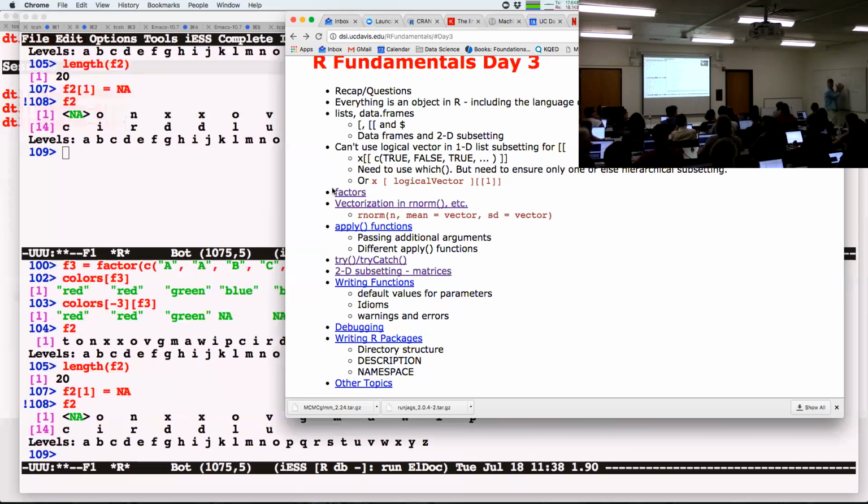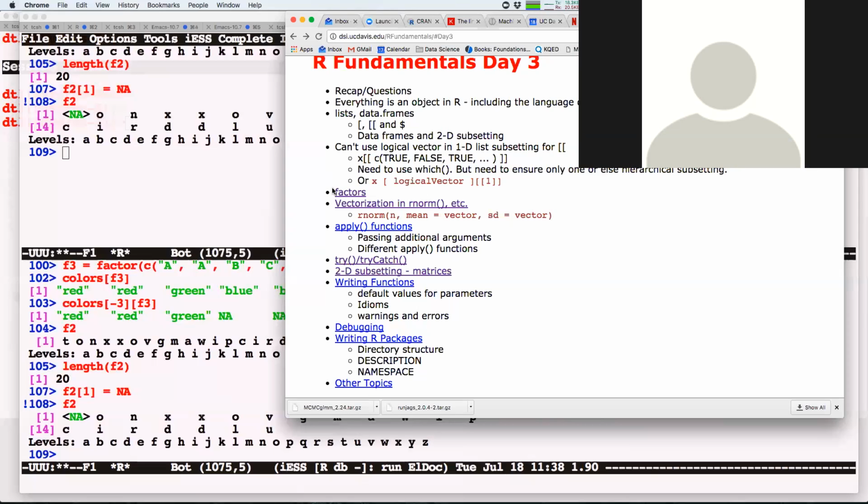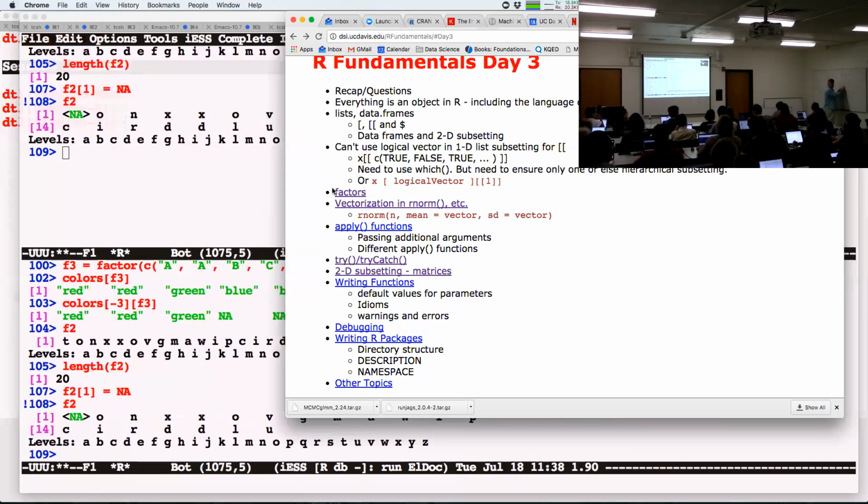Oh, the other way around. Okay. So we can actually go in and pull these things out. We can construct logical matrices and then subset by those as well. But now, instead of having 2 columns, they have to have exactly the same number of rows and number of columns as the original matrix.